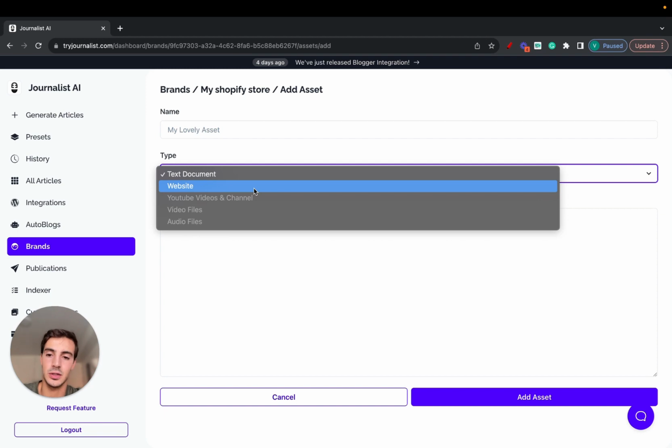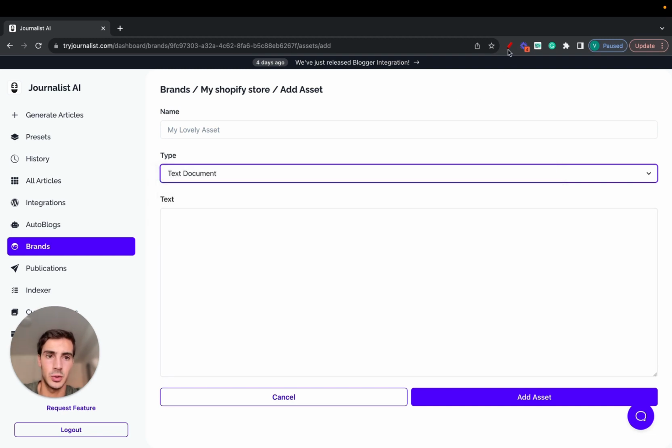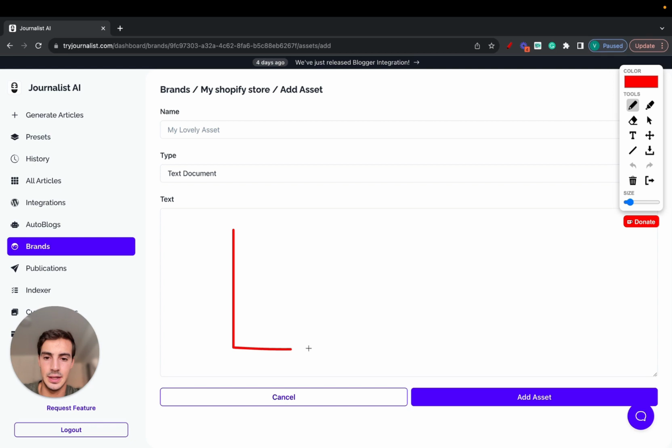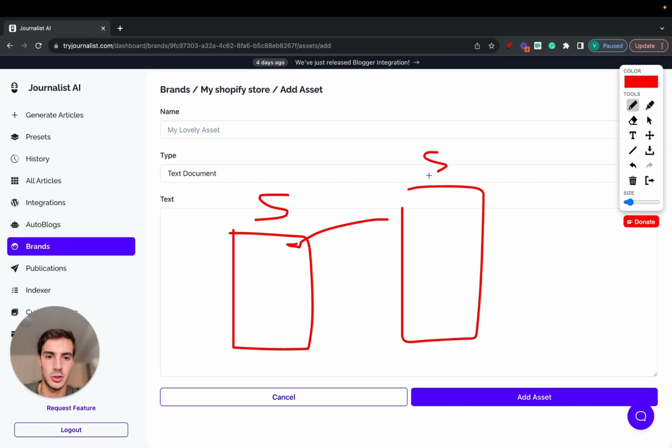In about a week, you can upload video, you can feed videos or channel, video files, audio files, and so much more. So again, this is your Shopify store, right? And let's say on the menu right here, you have a link to your Shopify store blog. So that's your Shopify store blog right here, with unique, different articles, right? All these articles, just like the ones I showed you before, with videos, images, internal links, external links, all that.